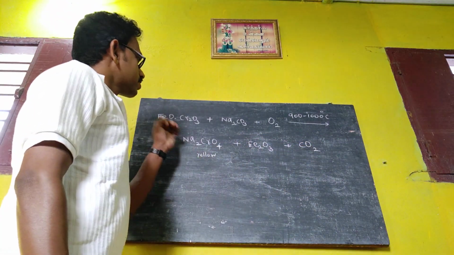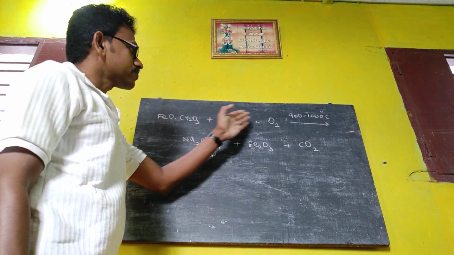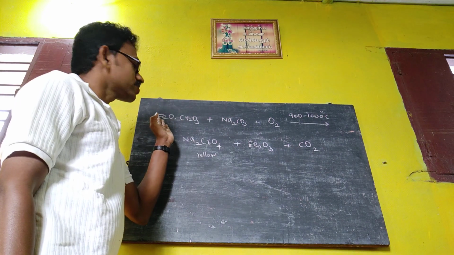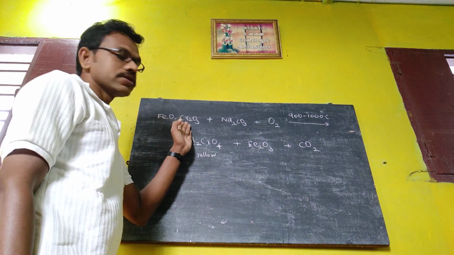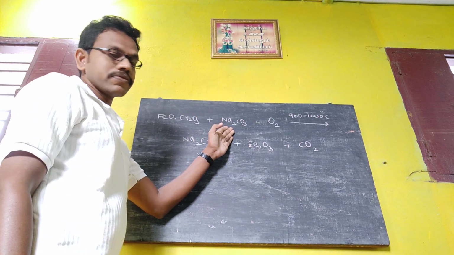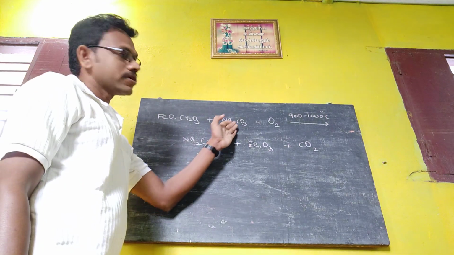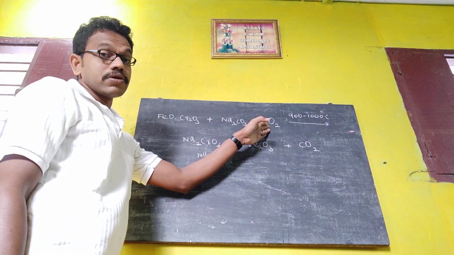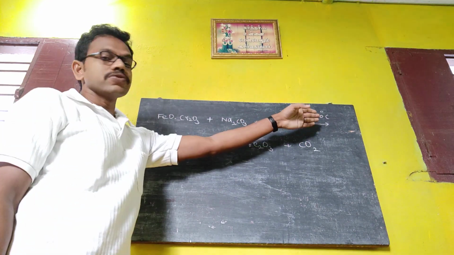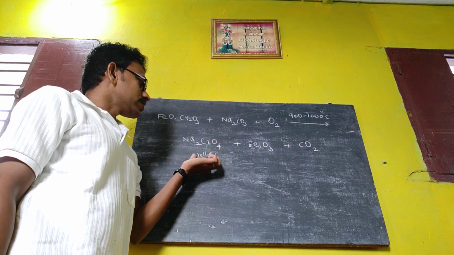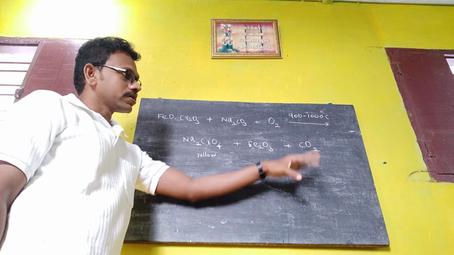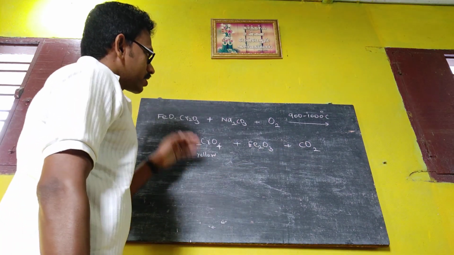Okay, I repeat. So three reactants we have to take. One reactant is a chromate ore. Chromate ore formula is a mixture of the two oxides, iron oxide and chromic oxide. Then white mass we have to add, that is sodium carbonate. Then as input we should supply the oxygen, as output we can get the carbon dioxide. Okay, in the presence of 900 to 1000 degrees Celsius, the main product sodium chromate and the rust Fe2O3, then CO2.